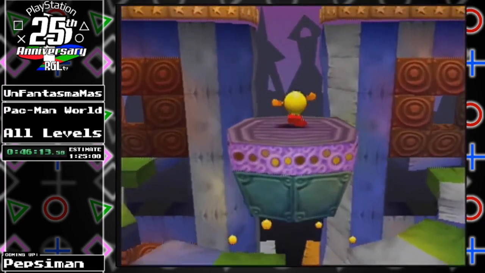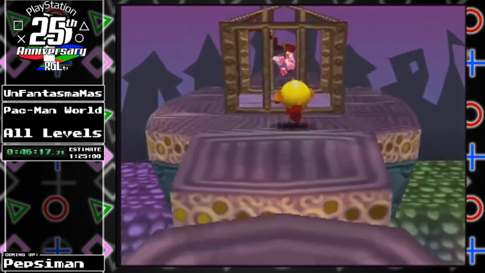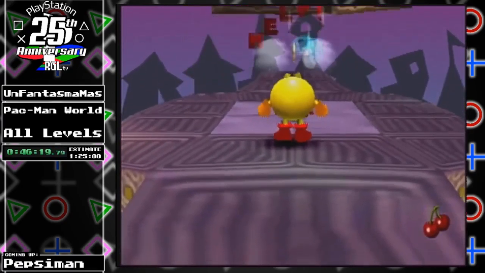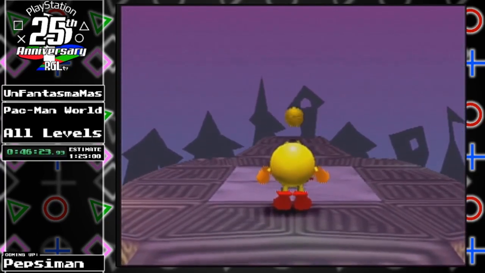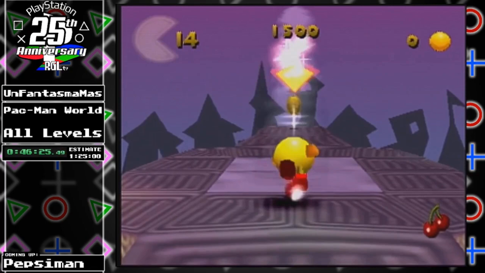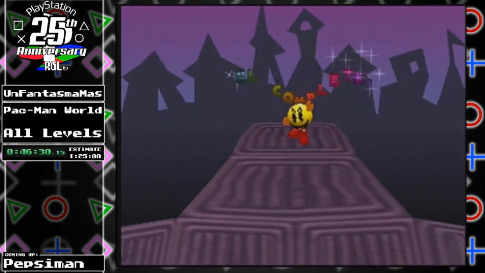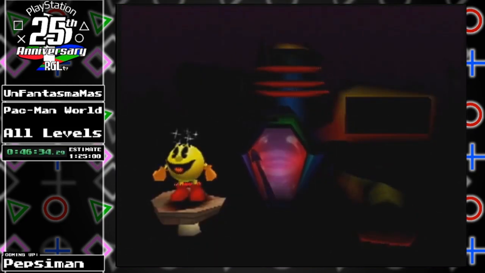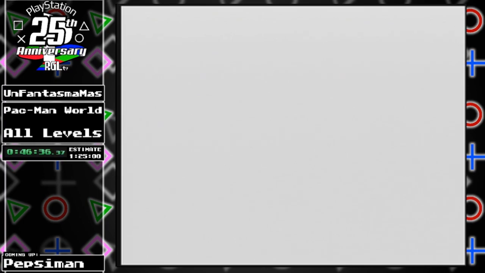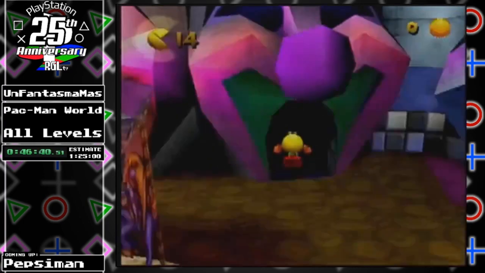Okay, at least I haven't died, so that's really good. Obviously, I'm talking about after I started to get all the switches. So here lies Baby Pac. And I need to wait for this to refill my health. And now...